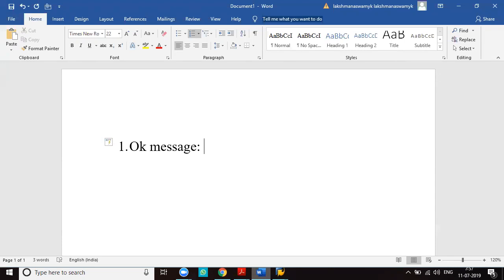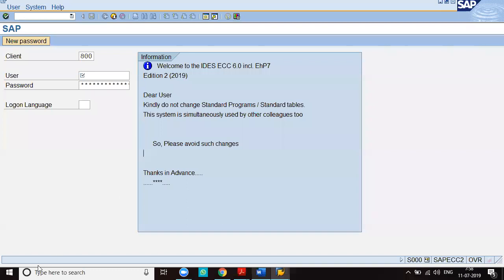I will show you that save button. Whenever the data is saved in the database, the system will display a message like "data is saved". That message is displayed on the status bar in green color. Once we start configuration classes, I will show you that message here.